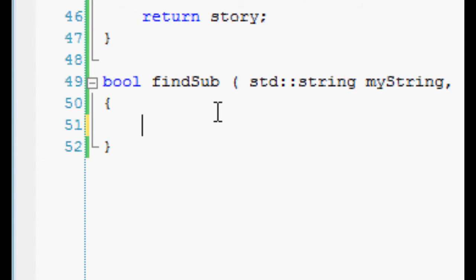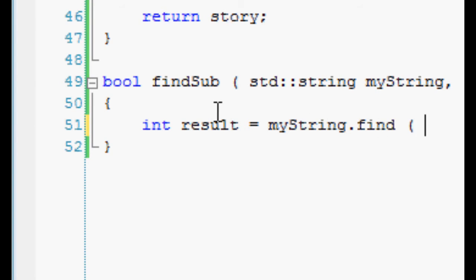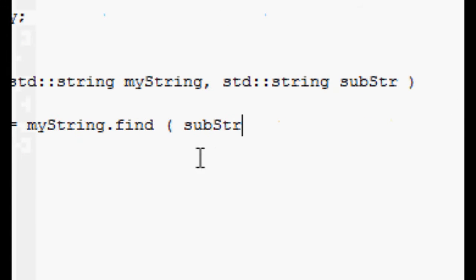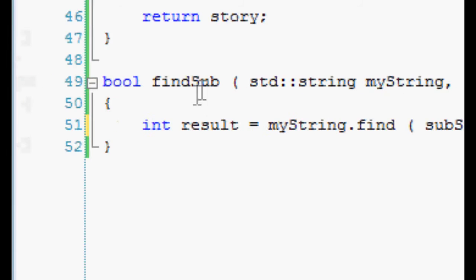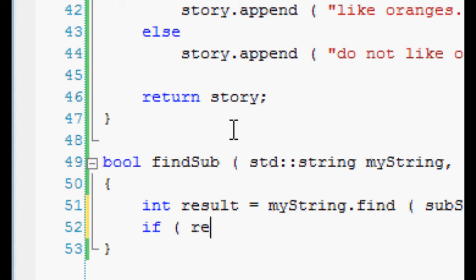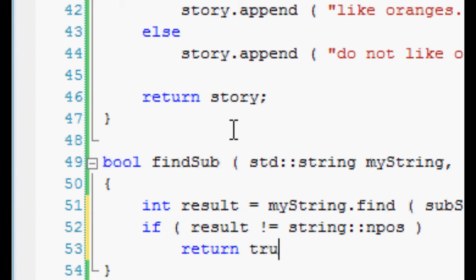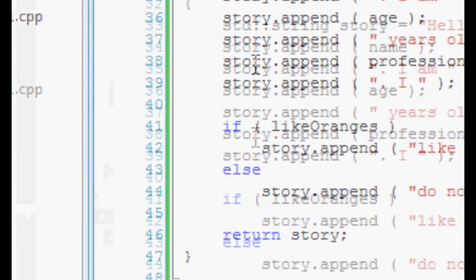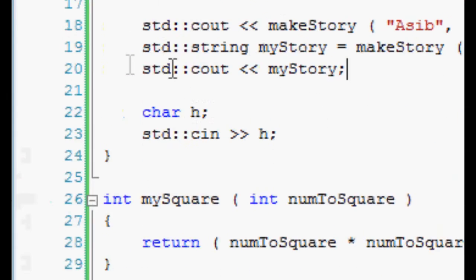So let's just say int result equals myString.find(substring). We're not gonna ask for an offset, we'll just do it by default from 0. And then we say if result is not equal to string::npos, return true, else return false. Okay, and then we can simply have inside the main, we can have